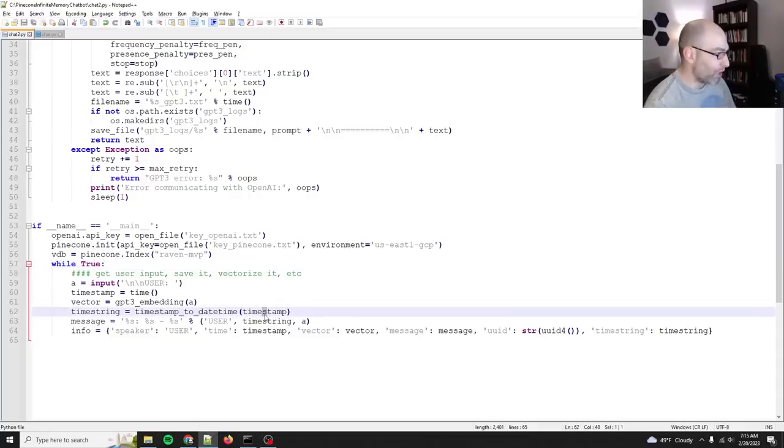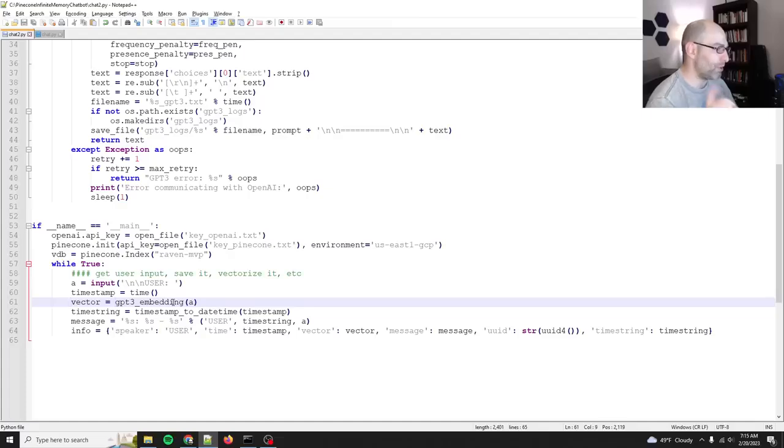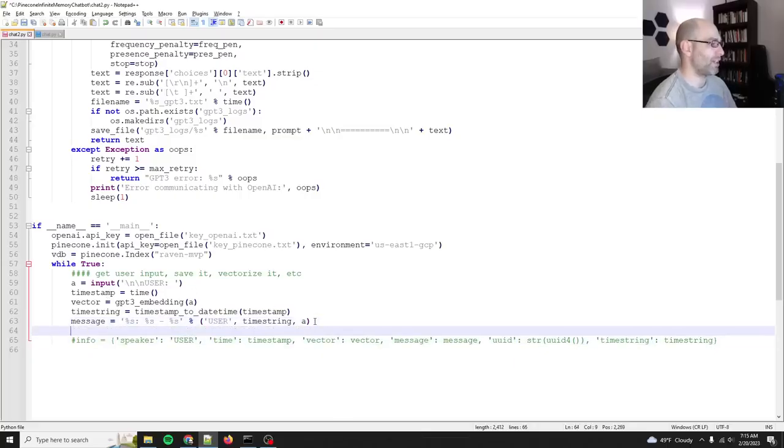So the message string will include the user, the time, and the message, so that it's all included in the message. That's fine. But the vector, we should actually do the vector later so that the vector includes all of that information, I think. Right? Or should we only search what the user actually put in? You know what? Screw it. I'm going to index the entire thing. So the vector equals GPT-3